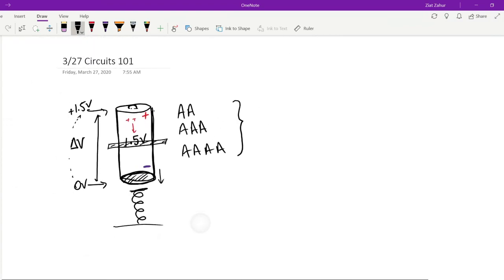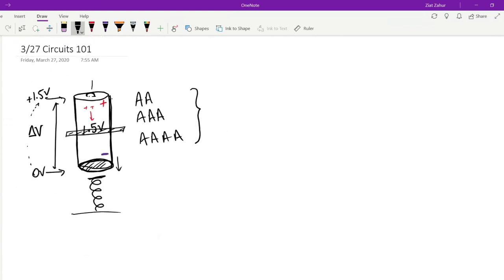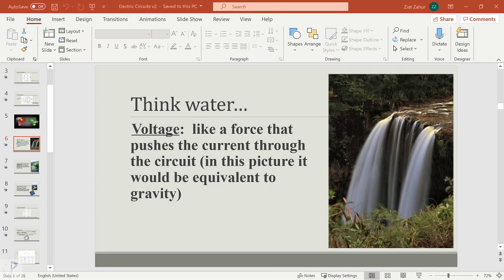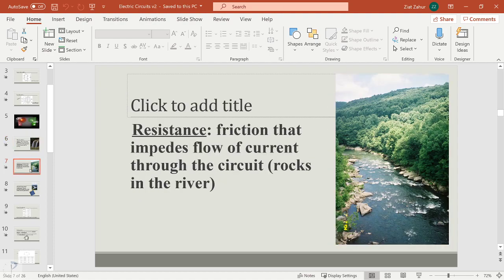So what is one to do? Well, you're going to look for a scenic route, some other pathway, which we call the actual circuit, so that you can travel through wires and through elements, through all the trials and tribulations of life to get to your destination. So that's what a circuit is. Circuit is life. All right. So that's voltage. It's a separation in potential. And then our second term is resistance.